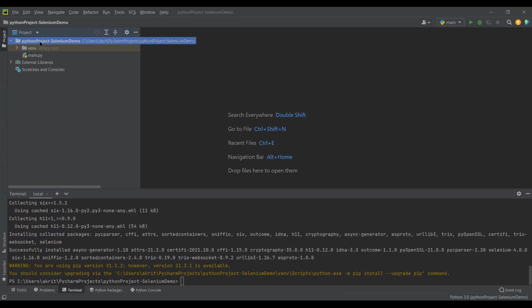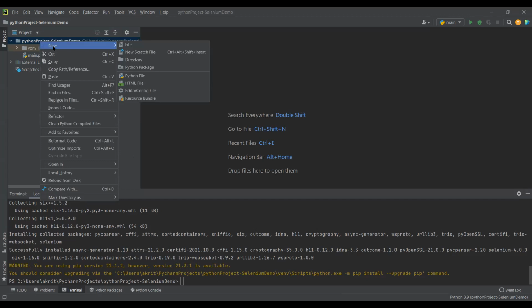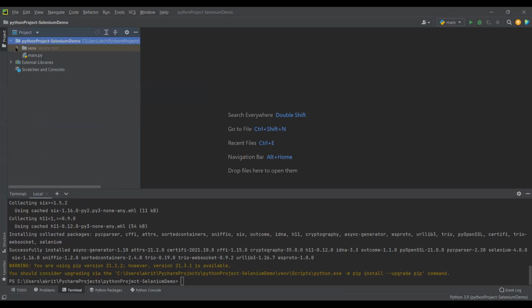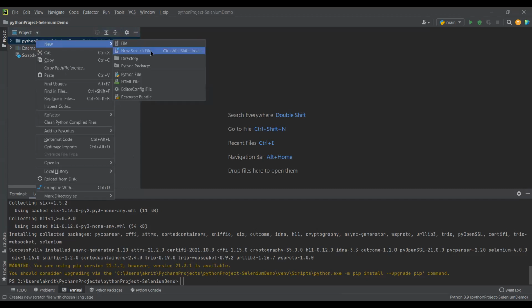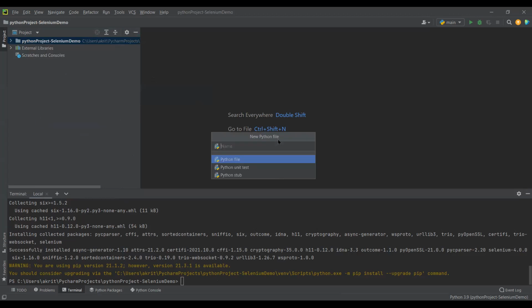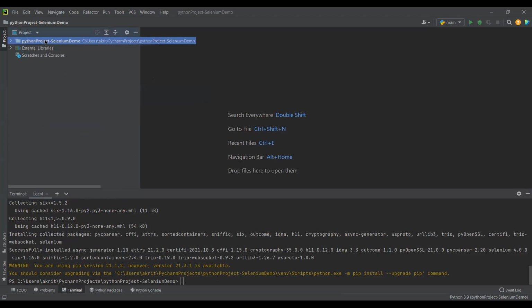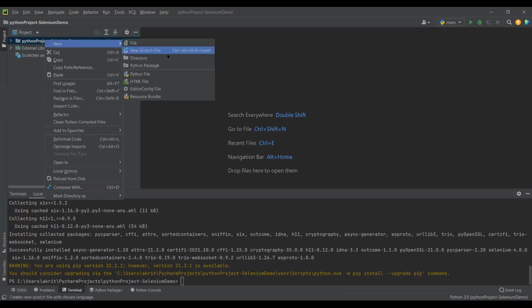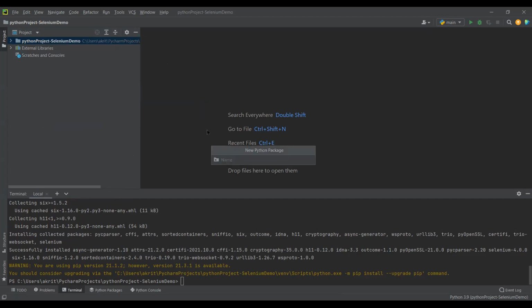Now, if you go here, after we have installed pip, we'll go to the Python package in the project. Here we can go to the project, right click, Python file. No, before the file, sorry. Before the file, we'll create a Python package.